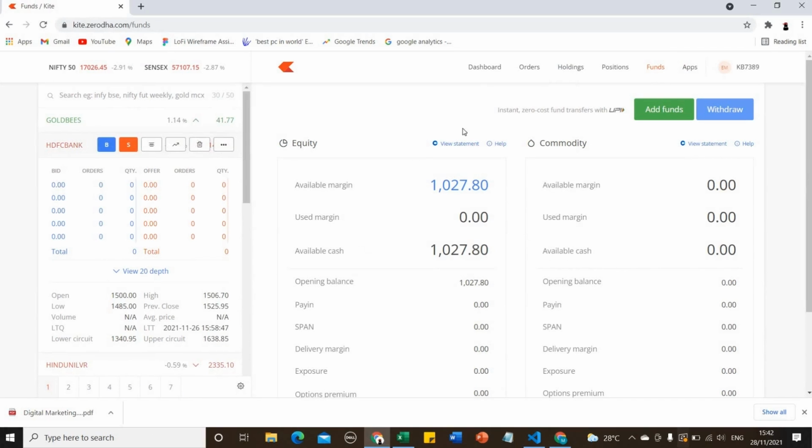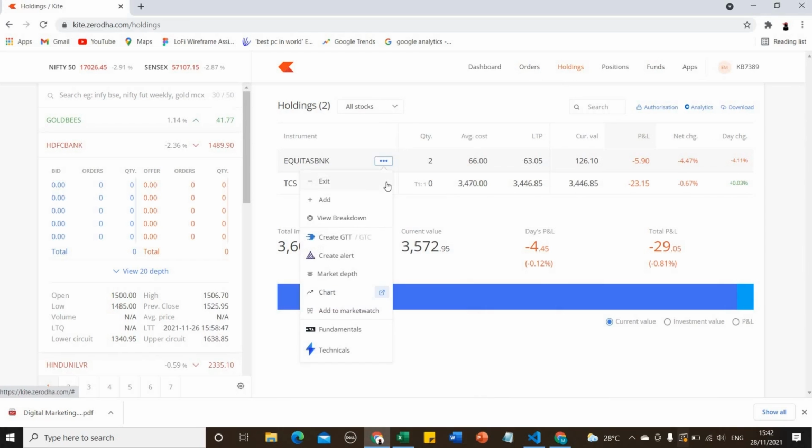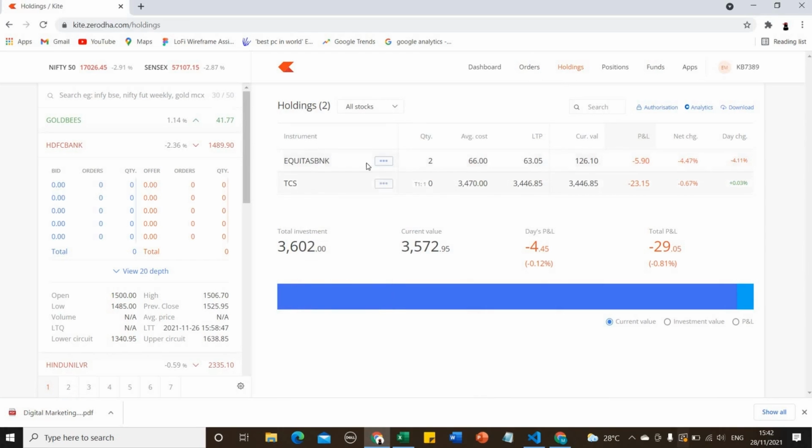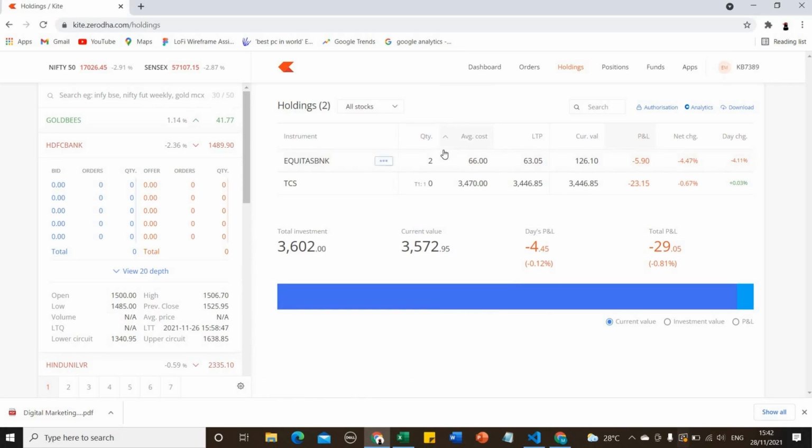Now if you want to sell a share, you can go here and click exit, and it shows the sell screen for Equitas Bank. This is the way you can sell, and you can fix the limit and market value. Sell your share, and this is the way you can buy and sell your shares using